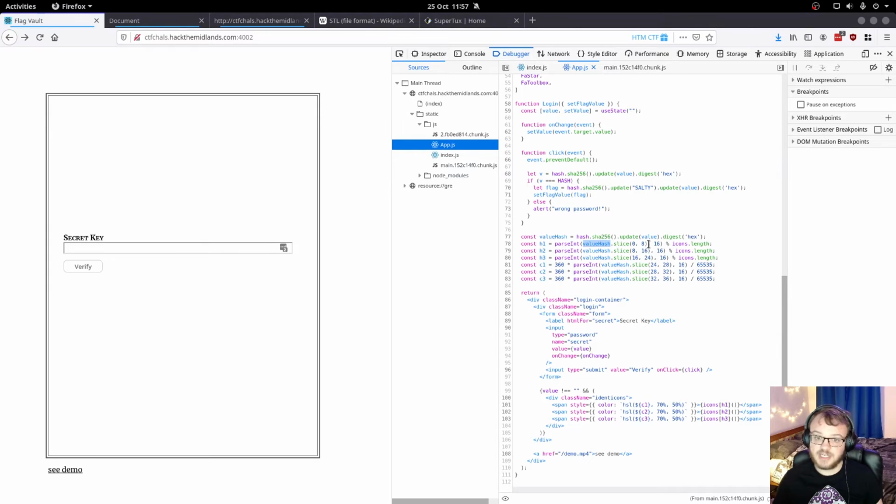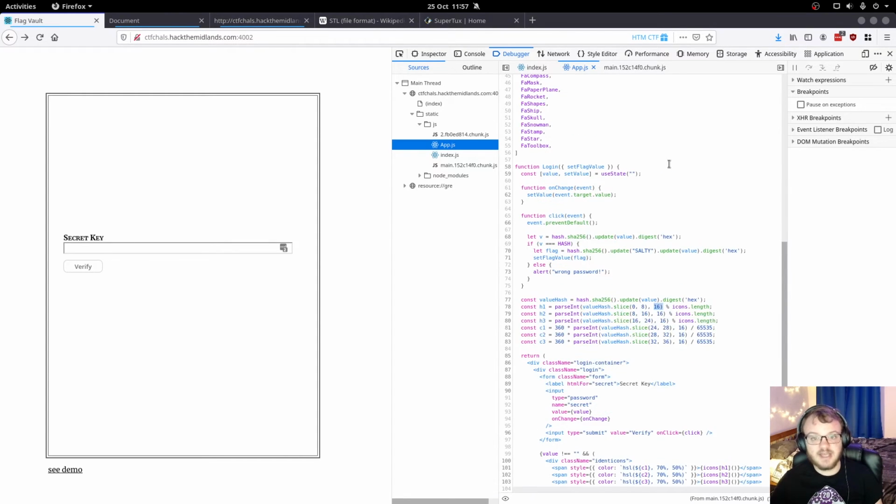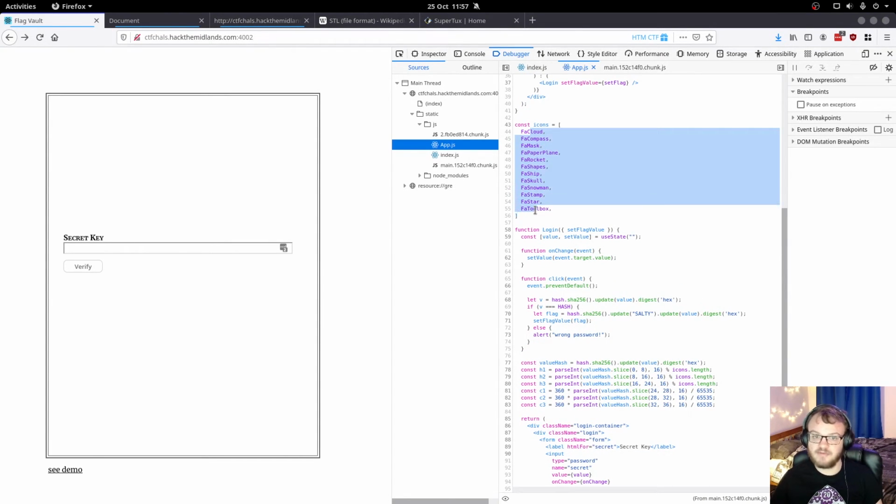this hash that we generate. So we take the first 8 bytes, and then we use that. You take the first 8 characters, interpret them in base 16, which is hex, and then we multiply by the length of the icons. So we generate a number within this range that will reference one of these icons. So 3 icons. Then we also take more bytes and generate them within the range of